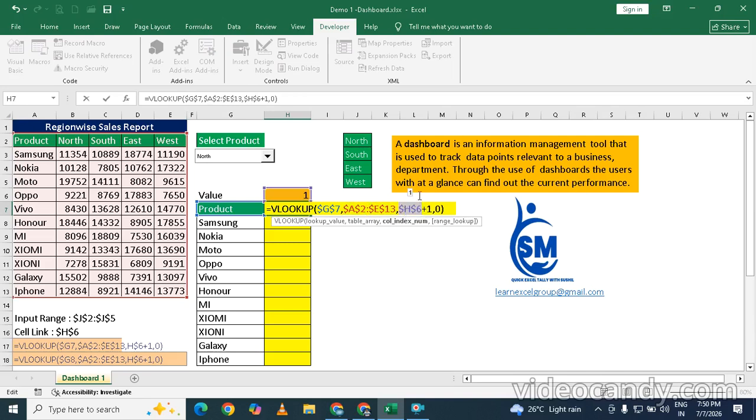And then what you must do is, this dollar is there, no? $G, $7 is written over here. So this dollar from your right hand side has to be deleted. And this H, this dollar is there, no? This also has to be deleted. Rest all will remain the same. So now when you press enter,